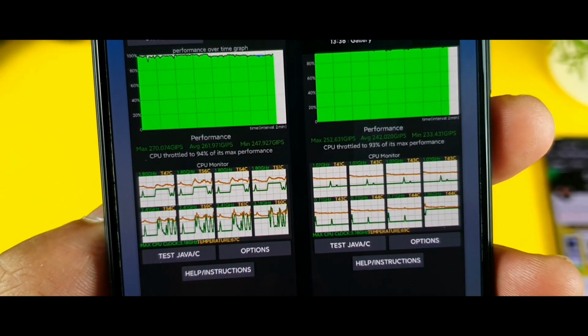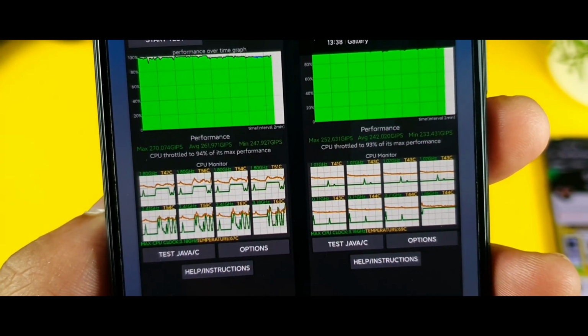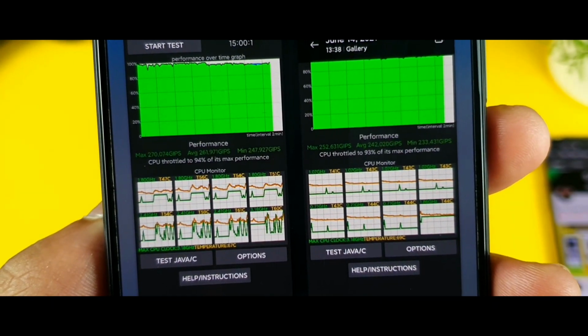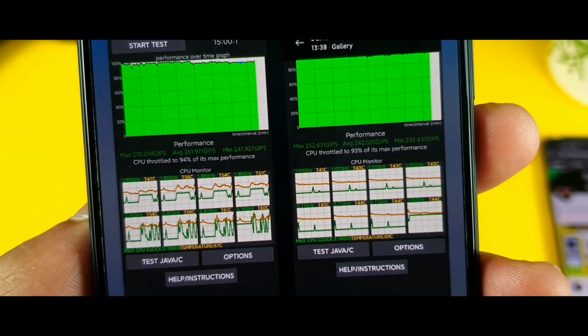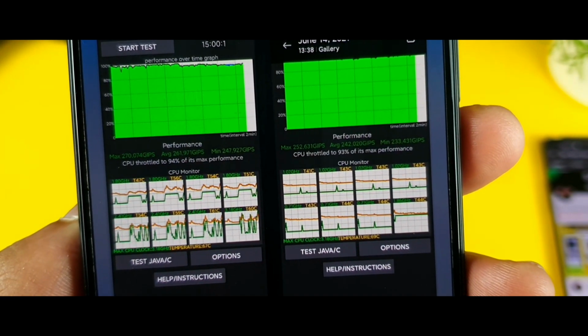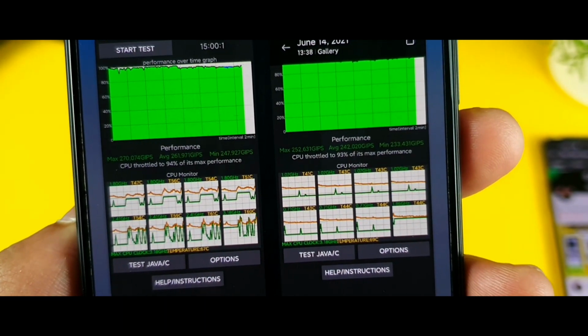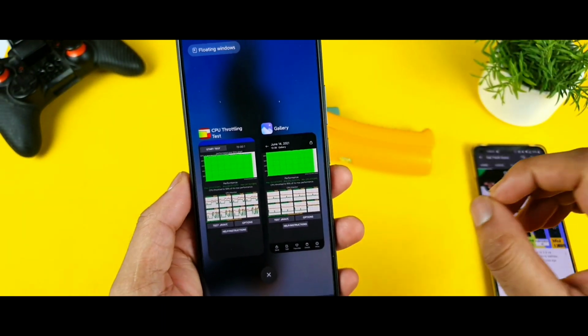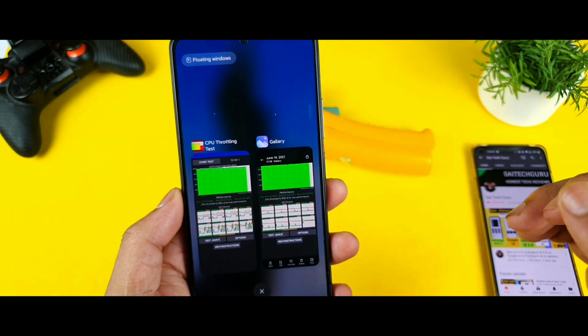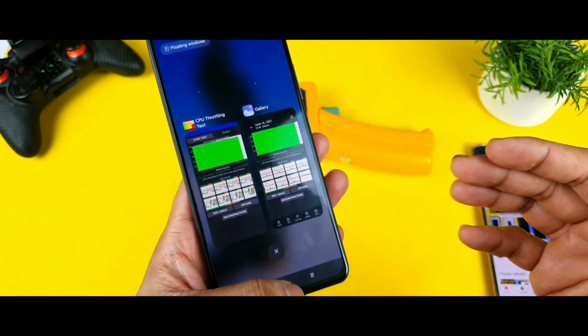As you can see, CPU throttling was 93% before but now 94%. I think it got slightly better, and the average is about 2,61,000. That's really great. I think this is working out, but it's resulting in slightly increased temperature, only a little bit, about 1 degree more than before. Hopefully this kind of trick is working in this phone, the MI11X device.